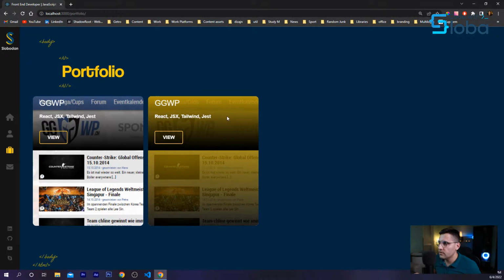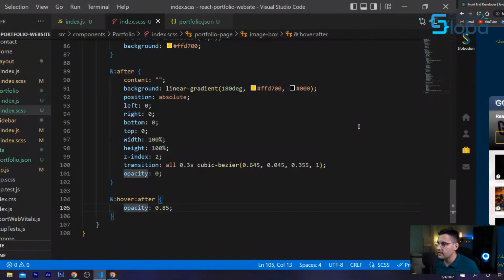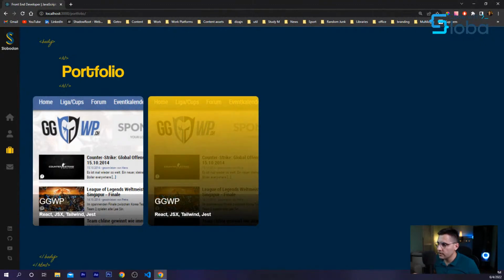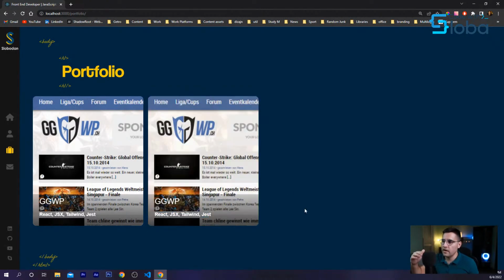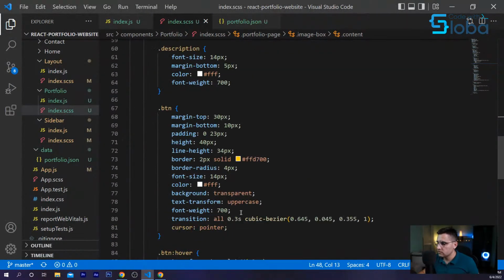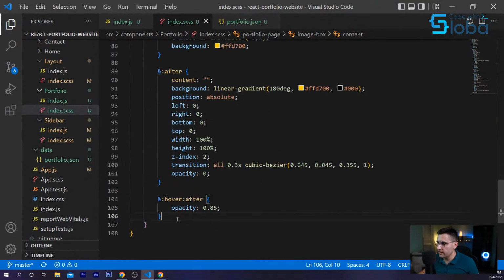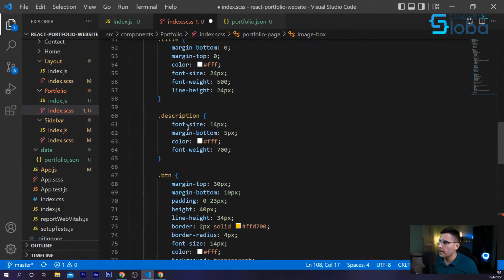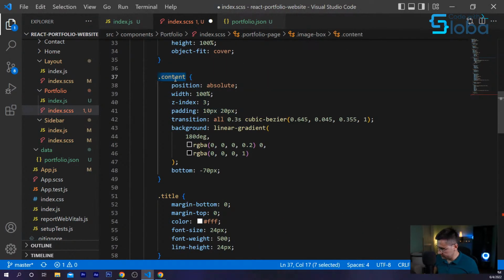The one thing that I want to do is I want to move this to the bottom, like I said. So let's uncomment the bottom minus 70%. So it takes the position that I want here. Okay, now the only thing that is visible is the title and the description. And when we hover over, I want it to move up a little bit and to see the button there. So let's apply that on hover. Let's use the hover and target. The name of it is content.